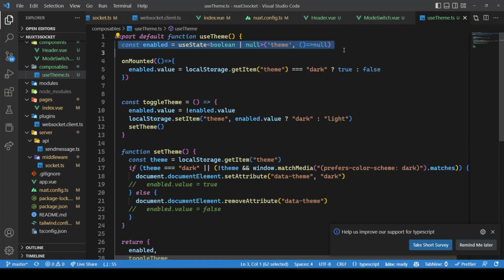Now what this state is going to do is just keep track of whether the dark mode is on or not. If it's on, this will be true. If it's not on, this will be false. Now you will say, if we are injecting script in the head tag, then why do we need this enabled